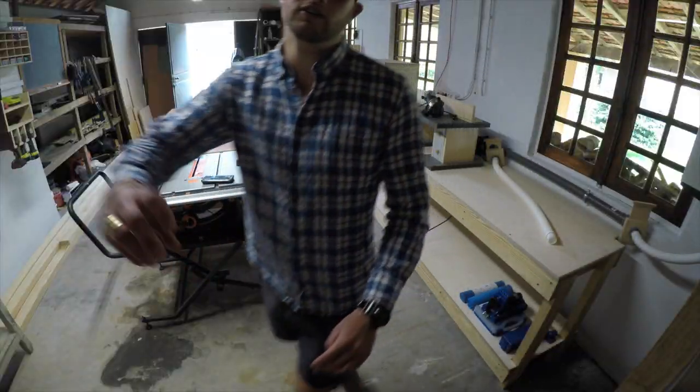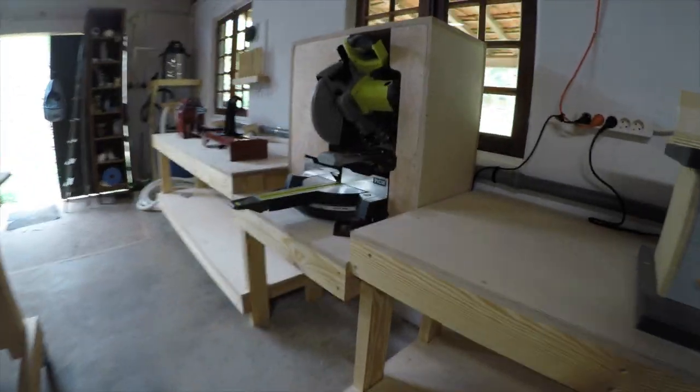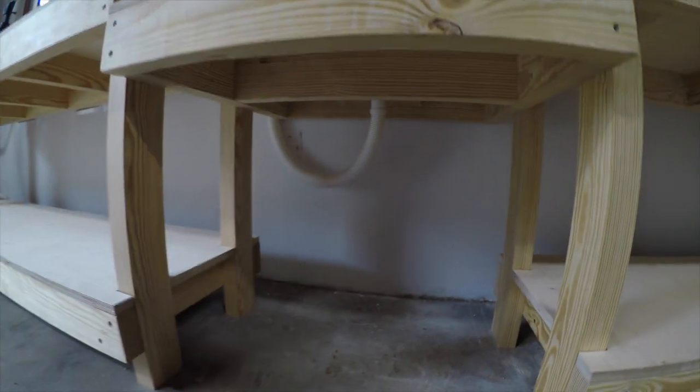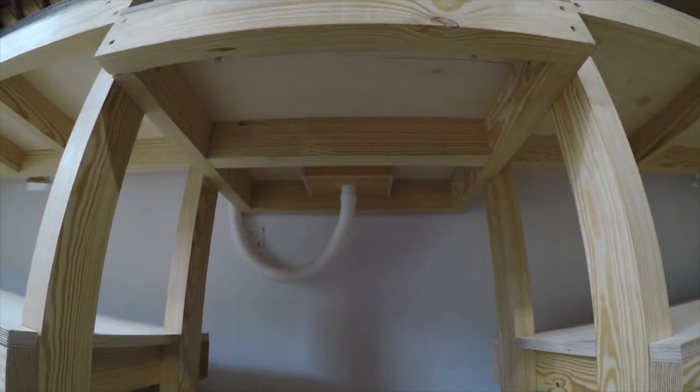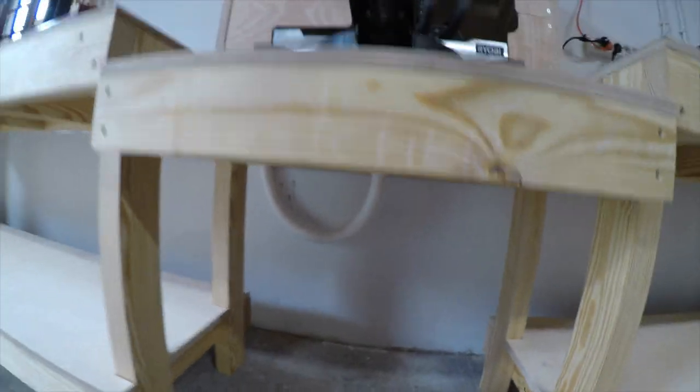I'll show you, excuse the vibrations and movements. This is it, and we're going along. Here it comes down to the miter saw vacuum system with a little box and the hood